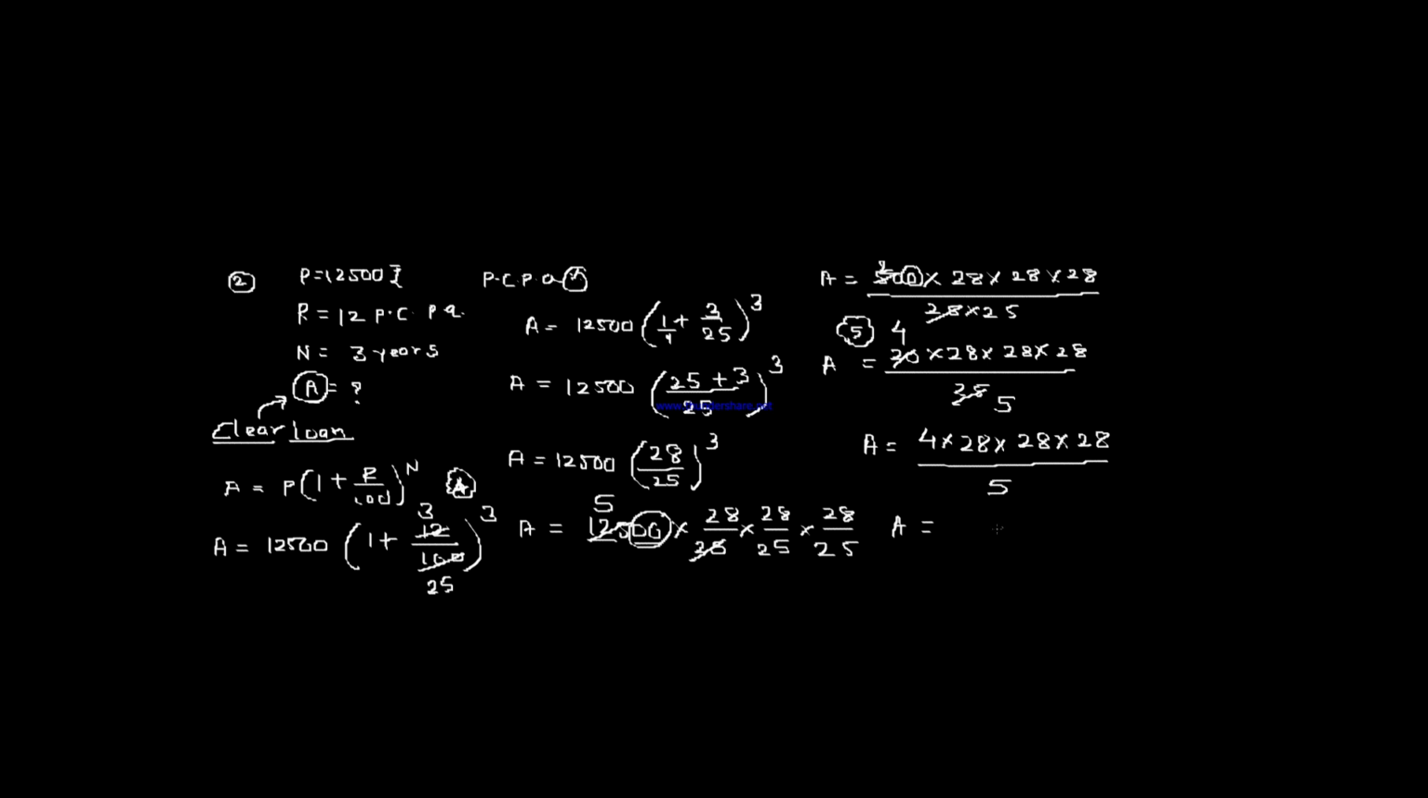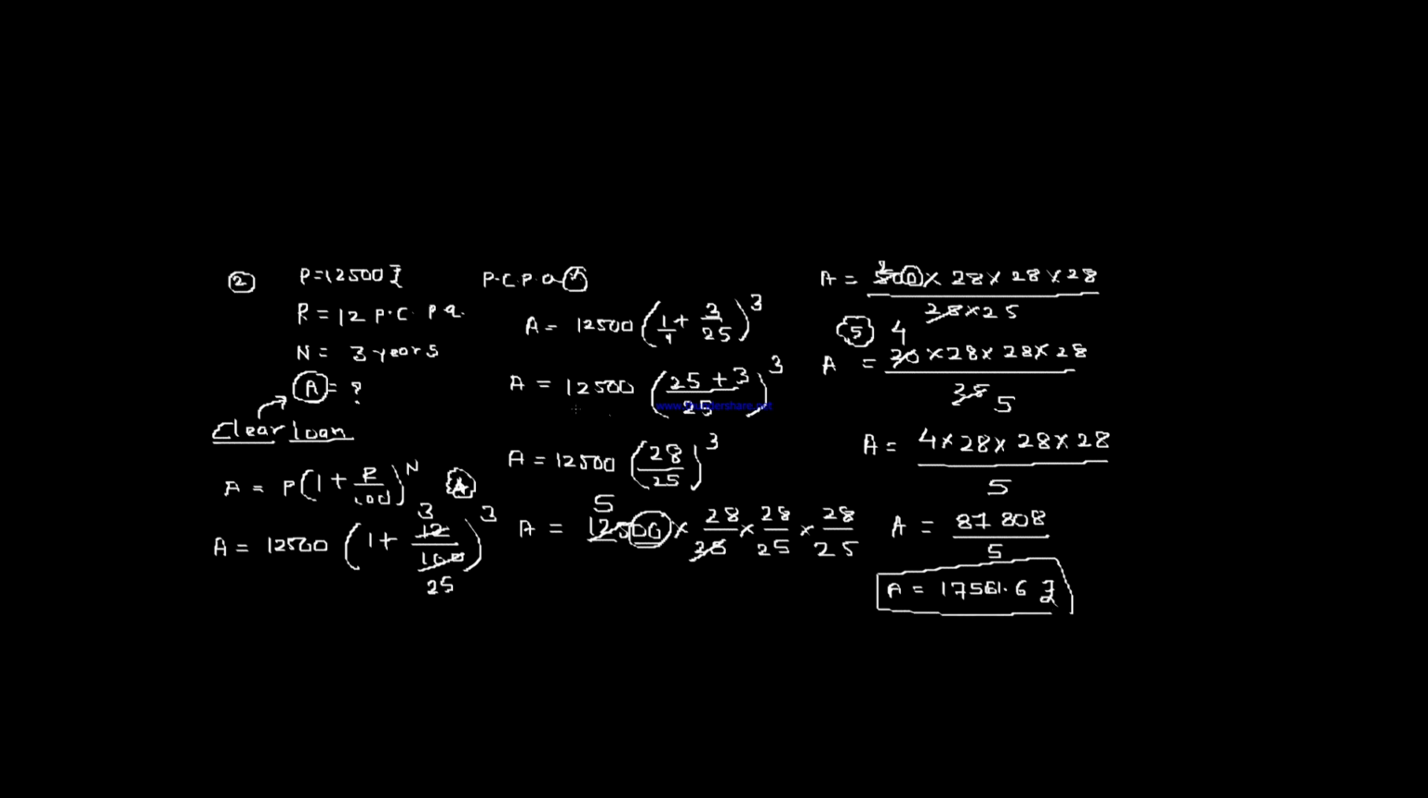Okay, so after the multiplication of the numerator part, we are getting here 87,808 divided by 5, and after doing this division you will get 17,561.6. Okay, so this is the final amount that Samir Rao has to pay to the bank in order